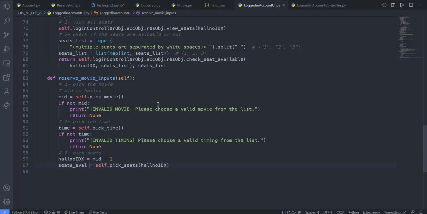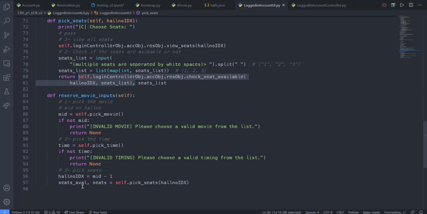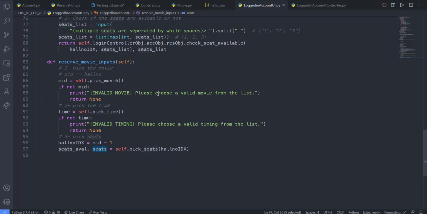So if it's available or not, it's going to return the seats list. So pick seats is going to return the seats list, and whether these seats are available or not. So this is going to be true or false, accompanied with the actual seats that the user has entered as inputs, which we have checked for availability, and the actual number of seats in the list, right? So if this is true,